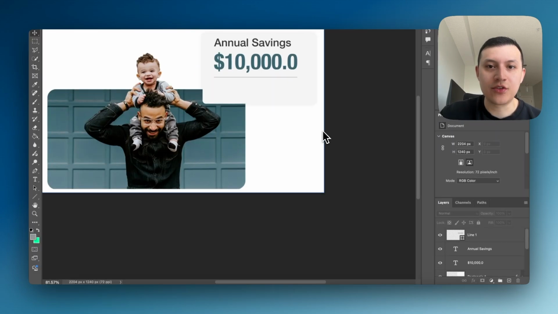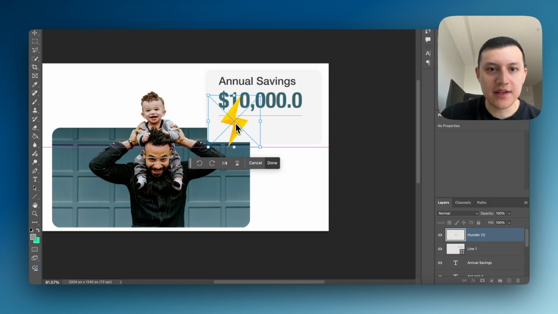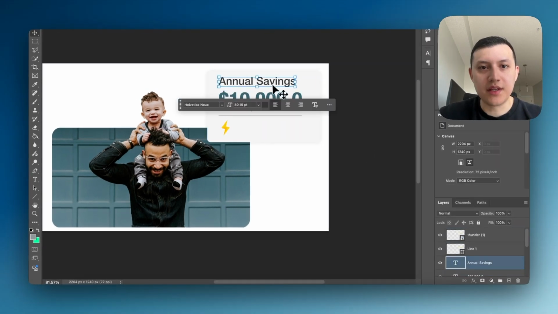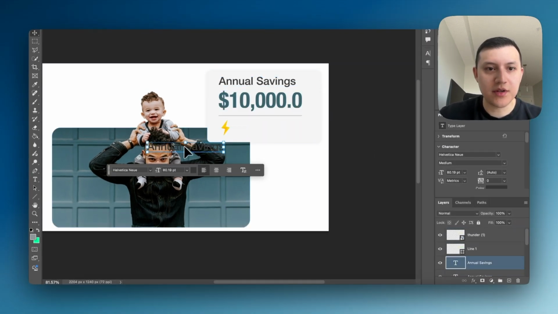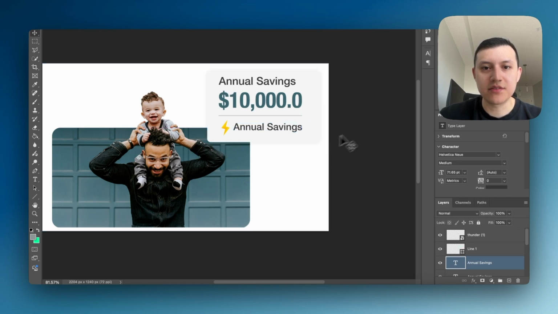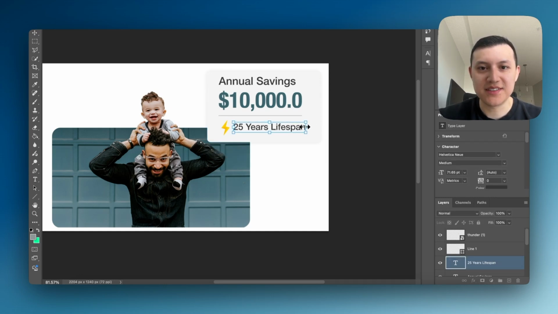And I'm going to go back to Photoshop and I'm going to add it right here. So I'm just going to slide it, add it right here. I'm going to make it slightly smaller and I'm going to line it up. There we go. That's looking pretty clean. And I'm just going to add one more text. So I'm going to copy paste this next to it right here. And then this is going to say something else. 25 years lifespan. You know, I'm just making this up as I'm going, but let's just say that's what it